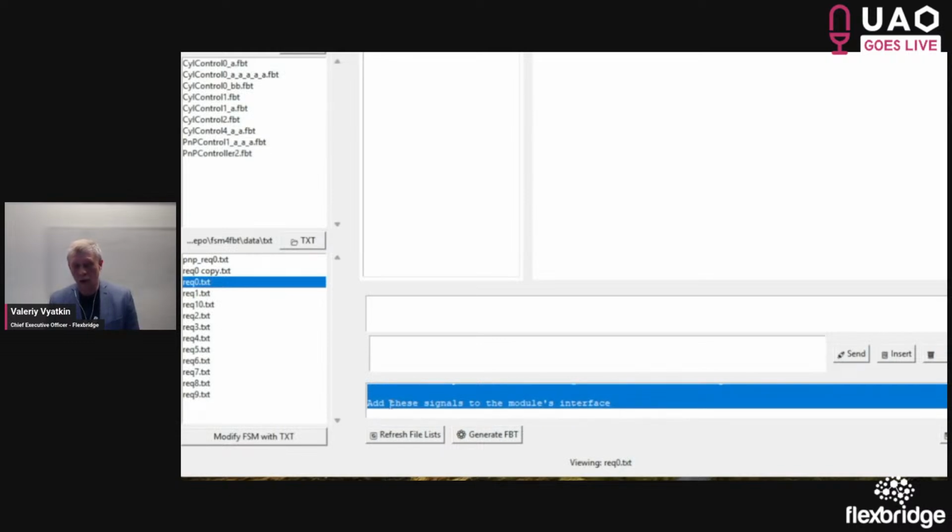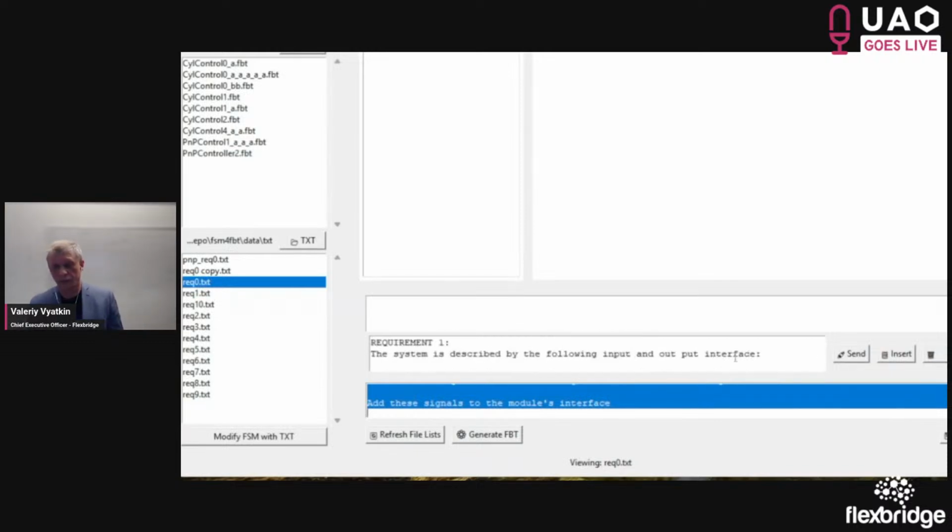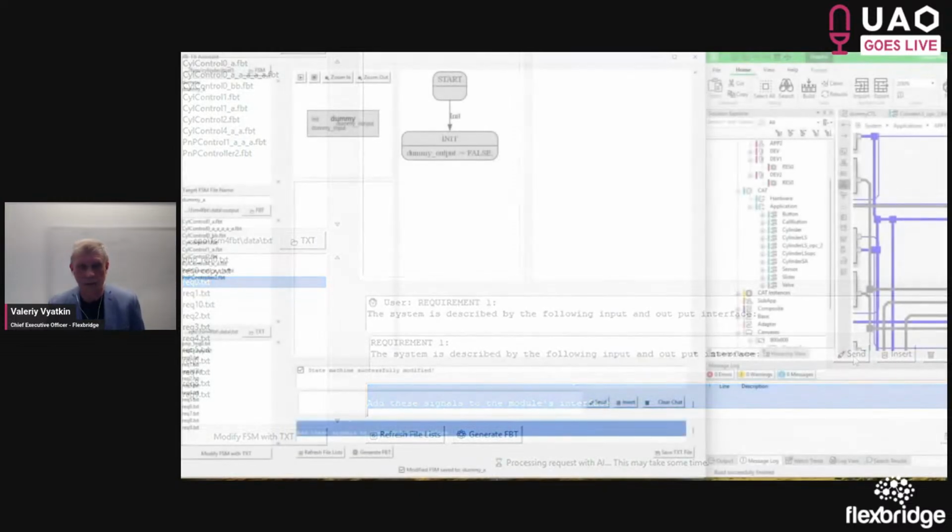That's our dummy state machine so far. So we select this text, insert it to the buffer, and then insert it to the chat. Send it to AI to reason and react on that.